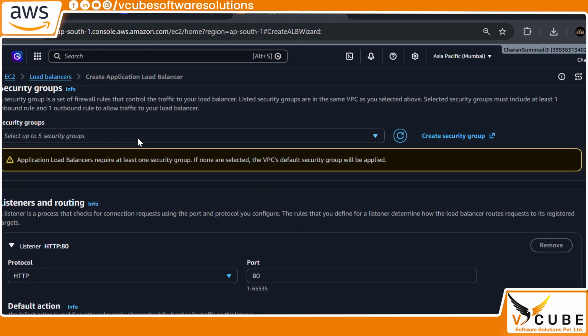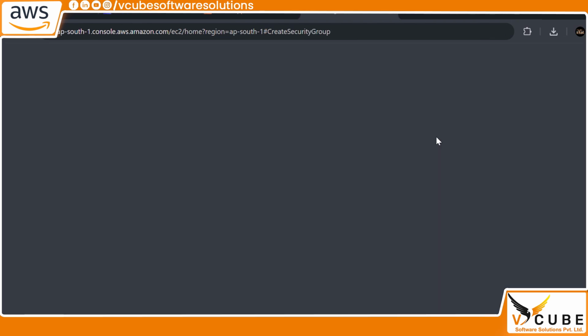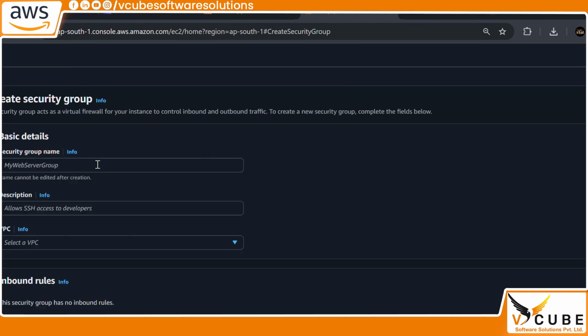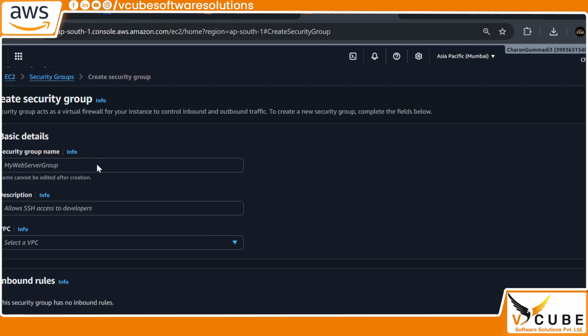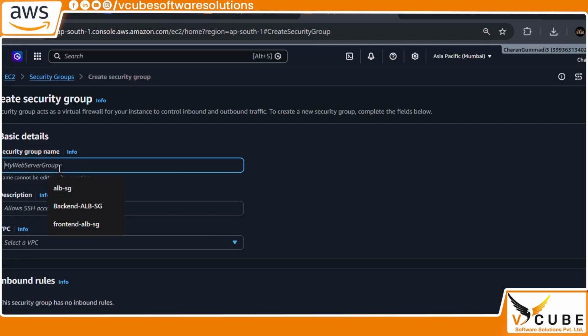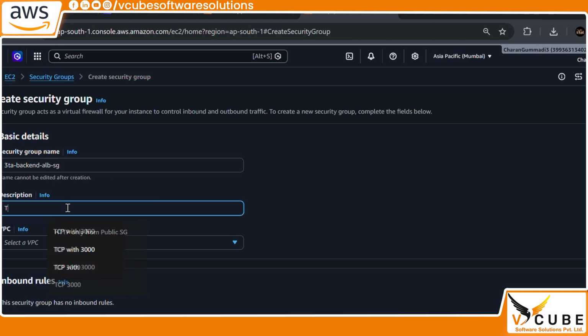For the security group, we need to create one security group: 3-tier backend ALB security group. It has to take TCP running on 3000 and will only take application requests coming